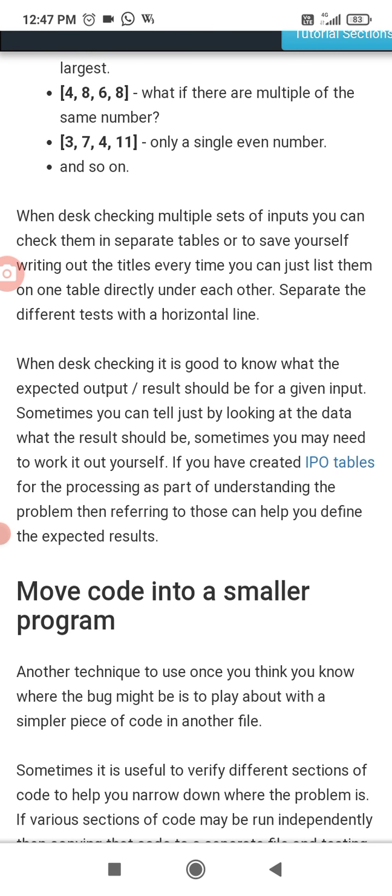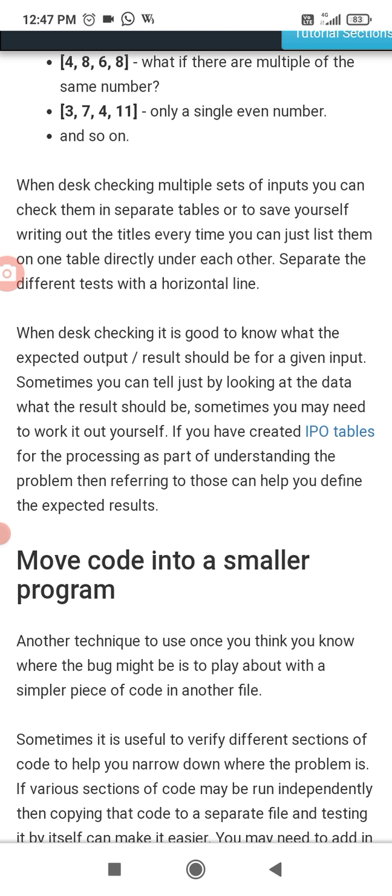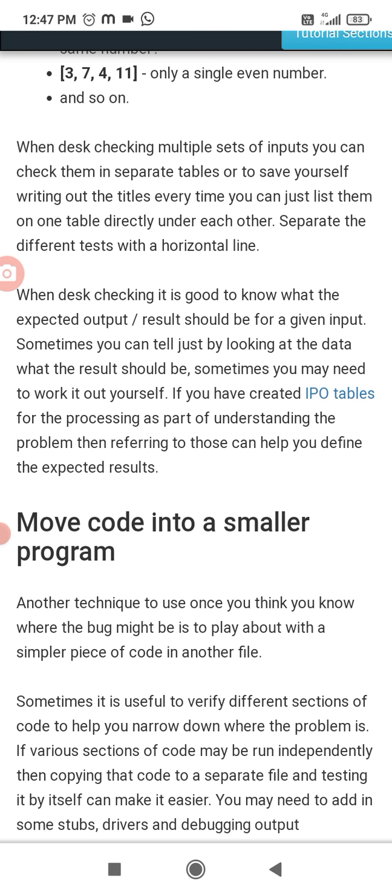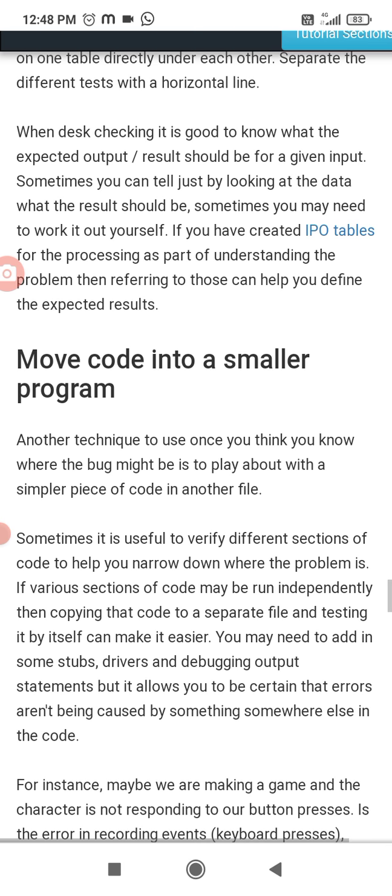Sometimes you can tell just by looking at the data what the result should be. Sometimes you may need to work it out yourself. If you have created IPO tables for the processing as part of understanding the problem, then referring to those can help you define the expected results.